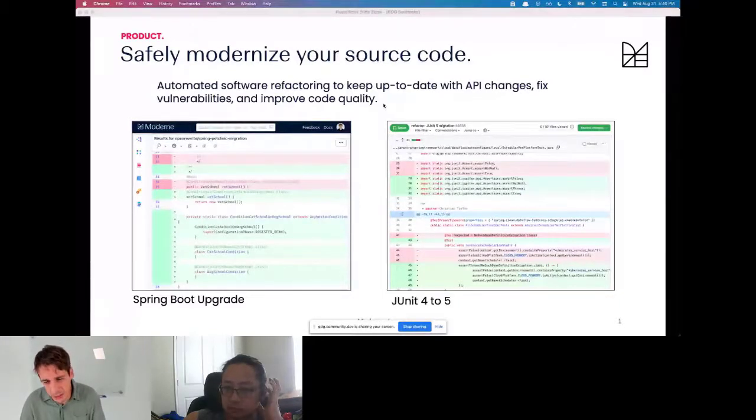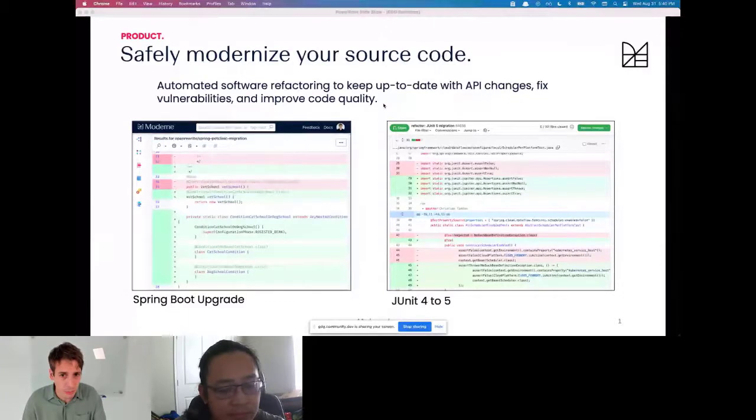Think like Java 8 to 11, Spring Boot 1 to 2, JUnit 4 to 5, heavy Java focus right now, but also imagine infrastructure as code. So Kubernetes, Terraform upgrades or patches, YAML transformation. In general, when we encounter infrastructure as code written in YAML, it tends to be this copy paste drift sort of feeling.